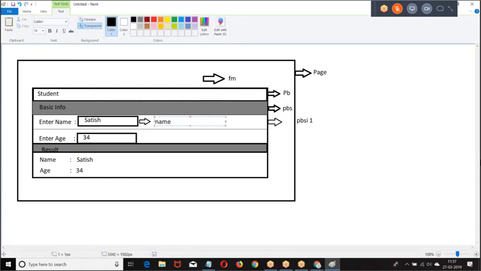So we have a page. In the page we have a form. In the form we have a page block, page block section, page block section item. In the item we have a name, and we have an age.